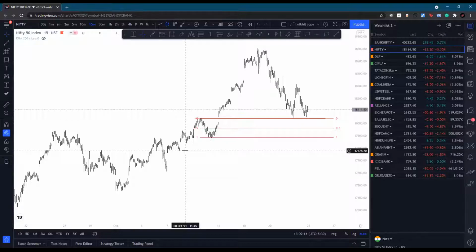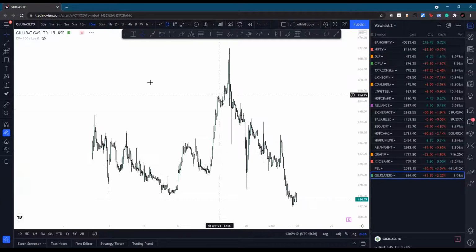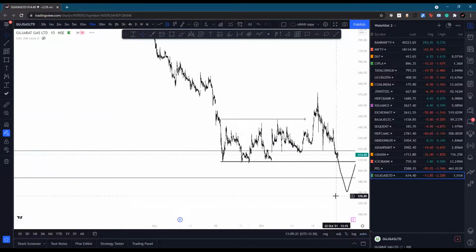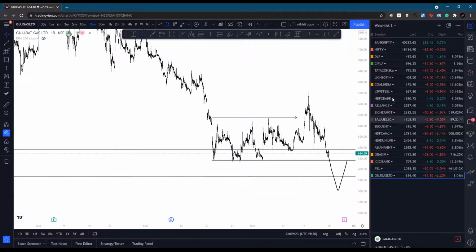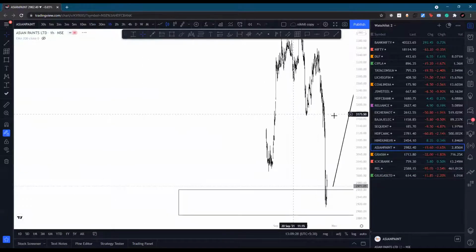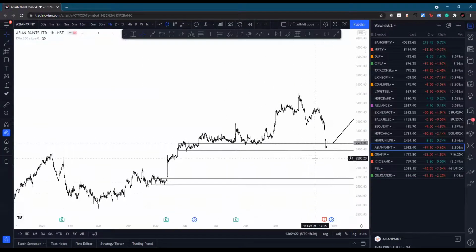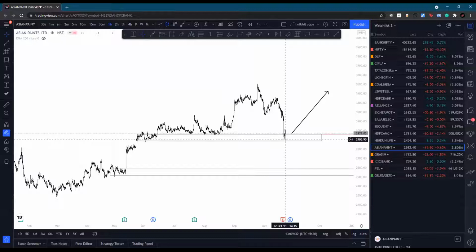First of all, what you have to look for is a range. Asian Paints is a good example of that. You have to look for a range market, with enough move above and below that you can tap into. So if we see a bounce, we can exit the put and hold the call. If we see a fall, we can exit the call and hold the put.